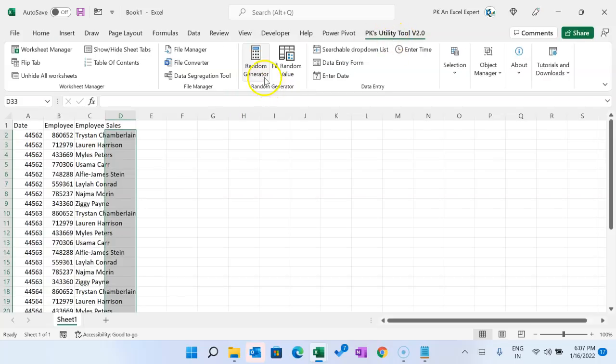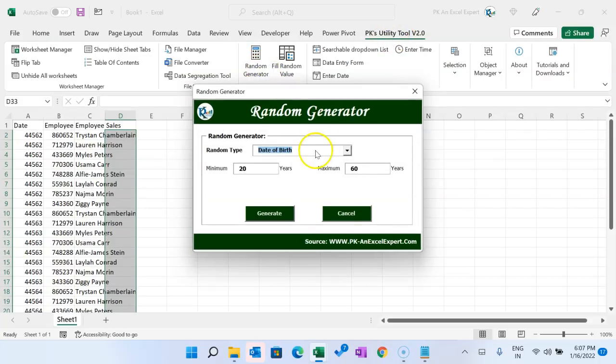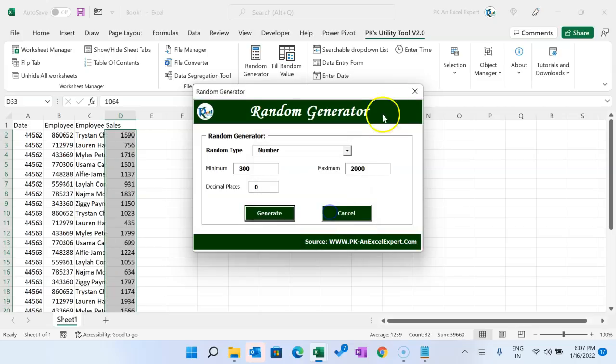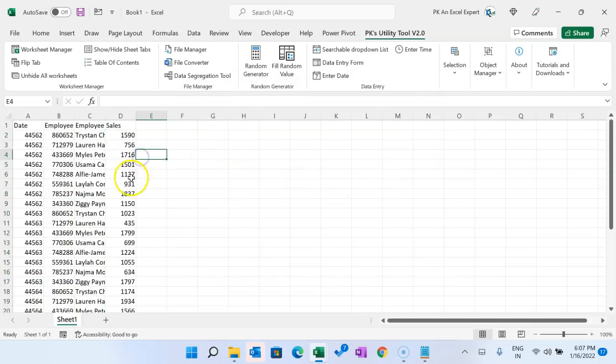And here we have a random generator. Just click there and we will generate the random number. So select the range and let's say we want to generate numbers between 300 and 2000. Okay, decimal places we don't want, so I'll put here 0. Click on generate. So it has immediately created the numbers, you can see.